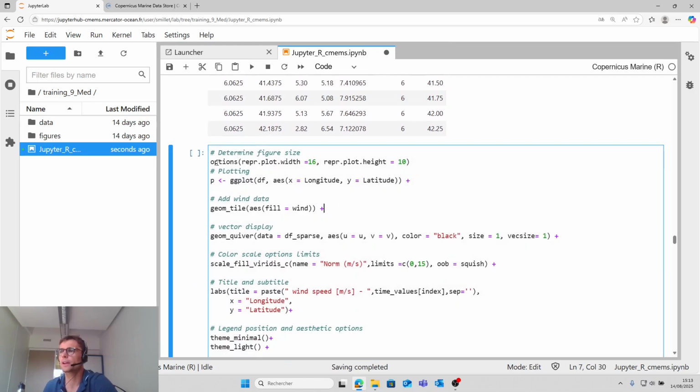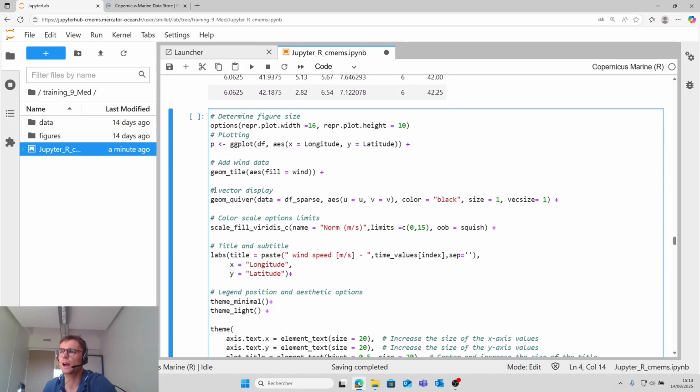Then we create the plot. So first we determine the figure size, then we use ggplot with the data frame, and we add vectors with geom_quiver. So we put the second data frame we have created, and we put the u and v variables.